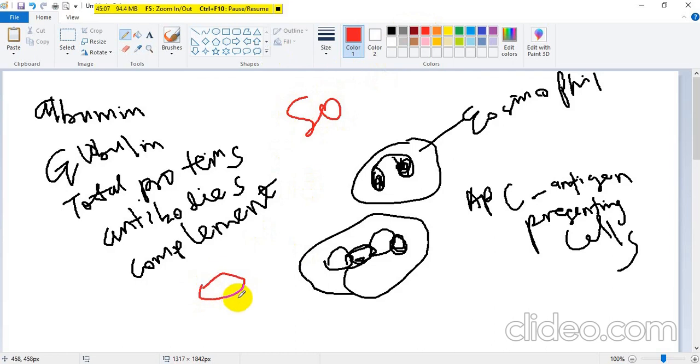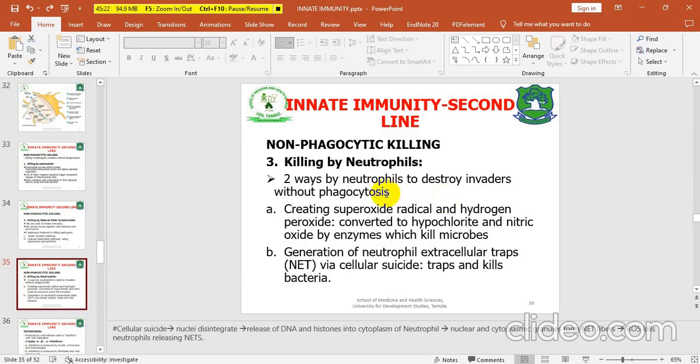Maybe you can go and check, O3 is ozone, so maybe this one is the correct one. Okay. So they produce free radicals, and they also produce extracellular trap nets, what we call cellular suicide, meaning that